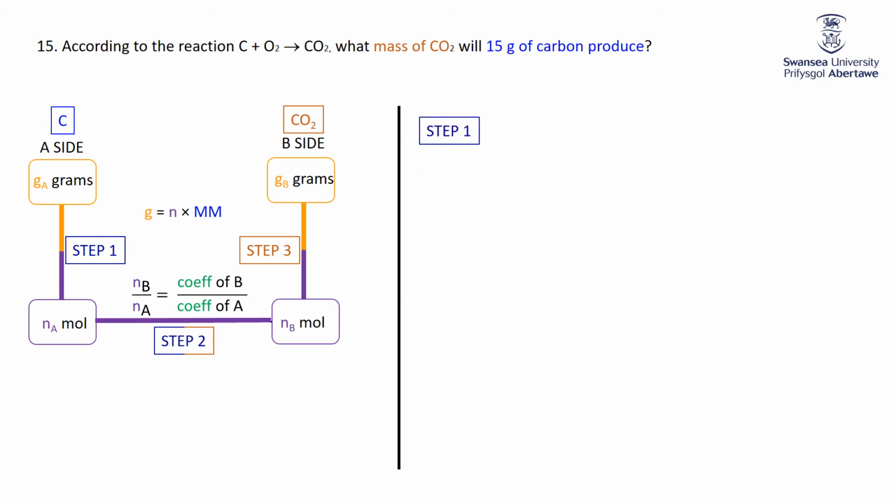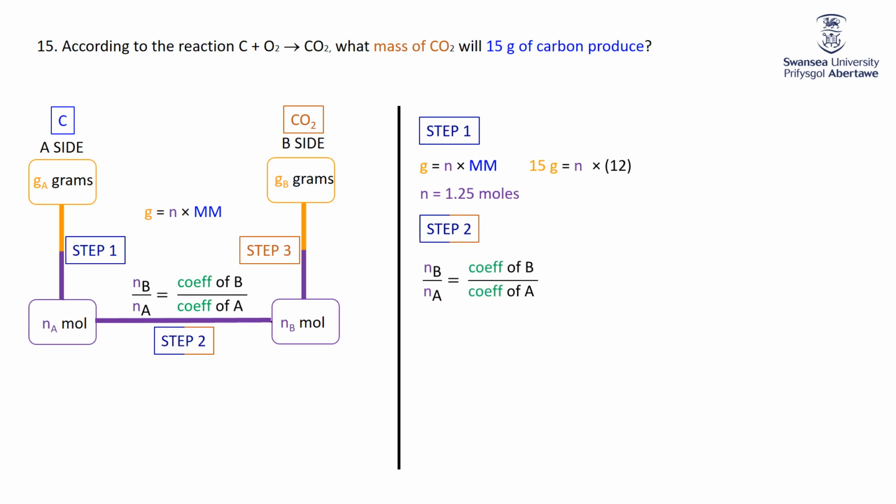Step 1, the usual. I'm going from our grams to our moles using that same relationship there. We know grams is moles times the molar mass, 12 for carbon, so we got 1.25 moles. Moles to moles in step 2 using the hopefully now familiar ratio setup. So moles of CO2 over the moles of carbon, which is 1.25, and in this particular equation here, 1 to 1, can't be nicer than that. So 1.25 moles of CO2, and then of course finally moles of CO2 to grams of CO2,